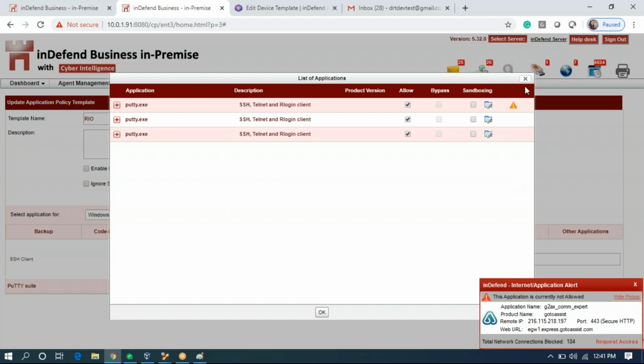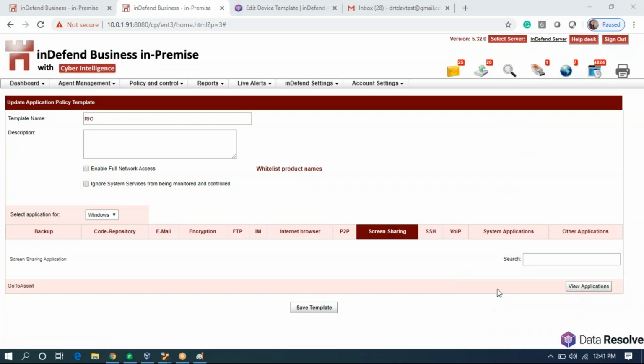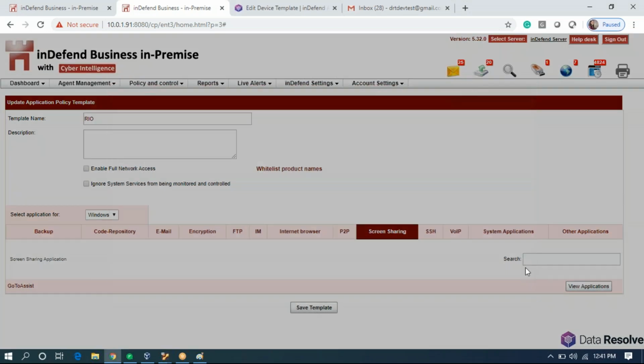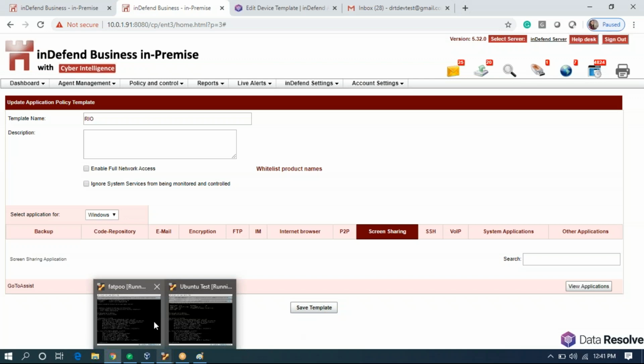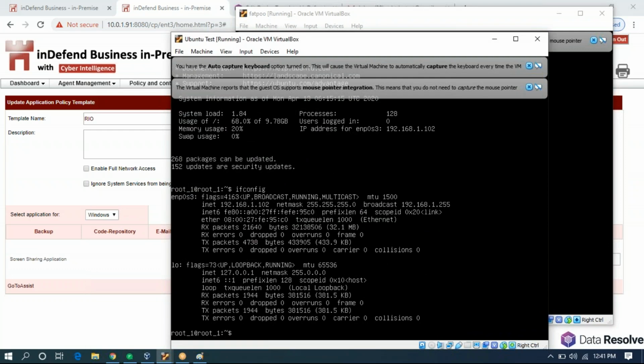Before I apply the policy, I would like to demonstrate how putty is currently working on this system. I have these two VMs open, one of whose IP is 101, and the other one is 102.